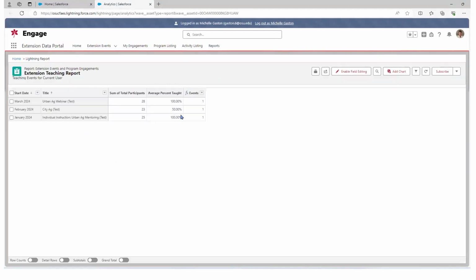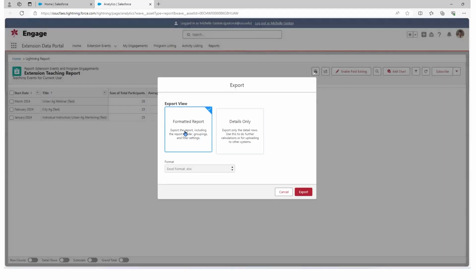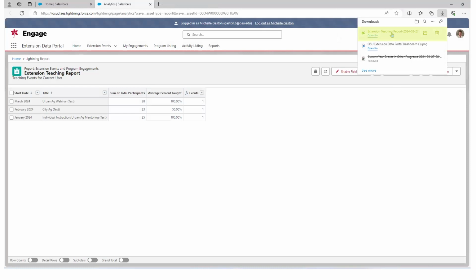Now we'll see it's the same report, but in a bigger format. To the far right here, there's a subscribe button and then another drop down. This is where I can click export to pull the data out. For this example, I'm going to use a formatted report. This will include headers, groupings, and filters, and I can just leave it as is because that's the default, and click export. Now in your downloads, you should have an Excel file,